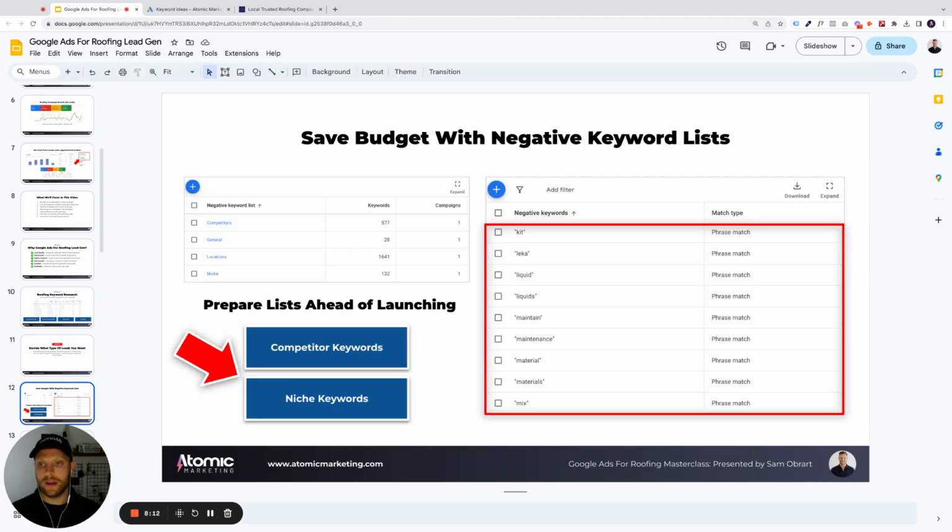So another main tip with this is, when building out your keyword research and picking keywords, you can save a lot of budget by building out negative keywords. Negative keywords are basically keywords you don't want your ads to show for. And specifically for roofing, you want to prepare lists ahead of launching, specifically for competitor names or competitor keywords